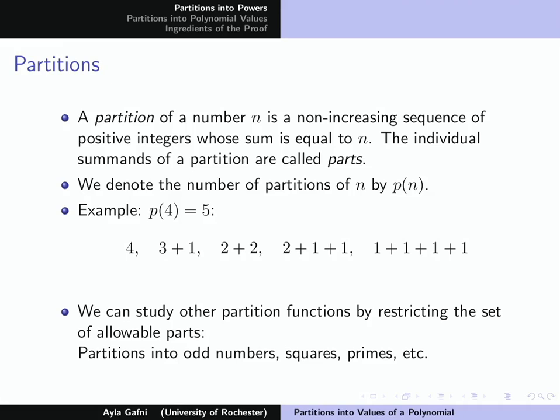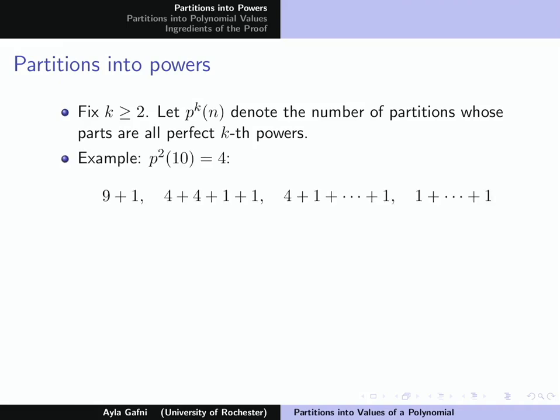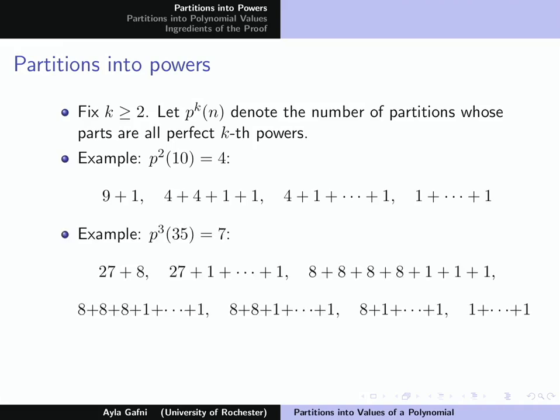So as a jumping off point, I'd like to use partitions into kth powers, which is something that's been studied before. So we're going to fix a power, and p_k of n will denote the number of partitions where all of the parts are perfect kth powers. So if we fixed k equals 2, then we have 4 ways to partition 10 into squares. And just as an example, if we fixed k equal to 3, then there would be 7 ways to partition